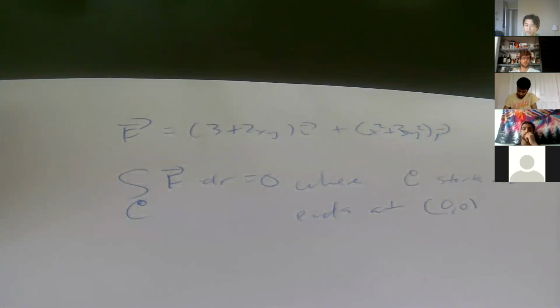I forgot if that's Faraday's law or Ampere's law. One of them is electric and one of them is magnetic, but they're both integrating over closed curves over a conservative field, so they're both 0. I forgot which one is which, but they're both using the theorem we just talked about. Okay,